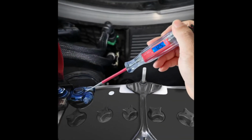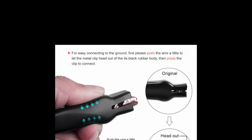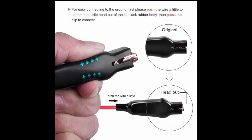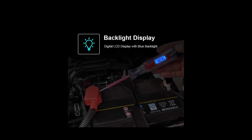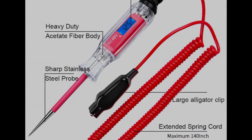Number 2. JASTIND Backlit Best Circuit Testers. Coming up with a vast range of testing options, it is one of the most acceptable test light options on the list that aims to provide the highest performance without any issues. The test light comes up with a 3 to 48 V low DC voltage and can efficiently check various vehicles' electrical circuits. A sharp stainless steel probe helps pin the wires effortlessly and can reach hard to reach or tight